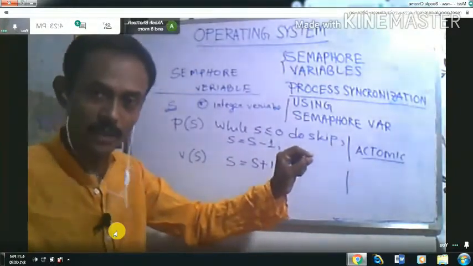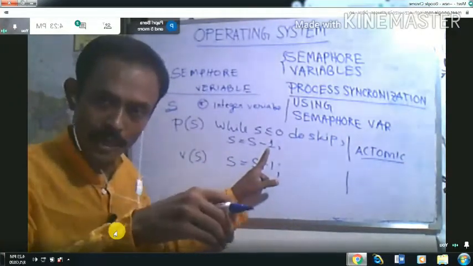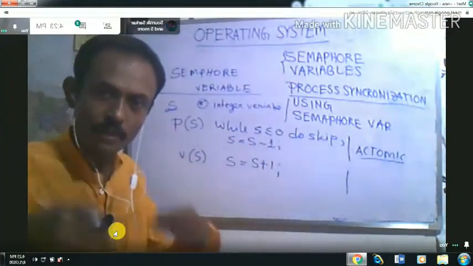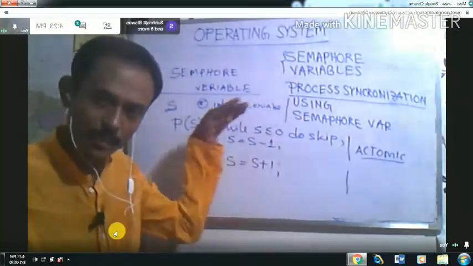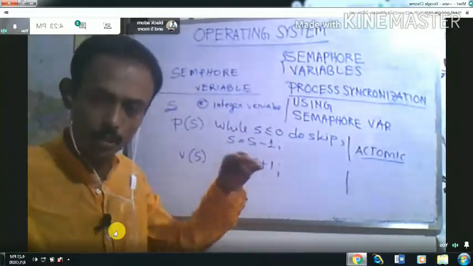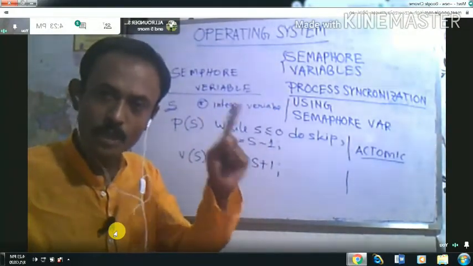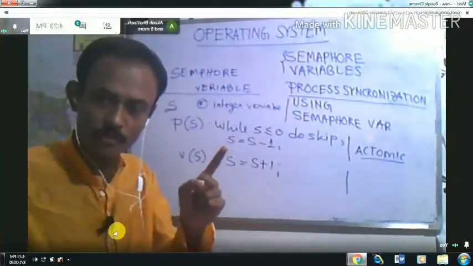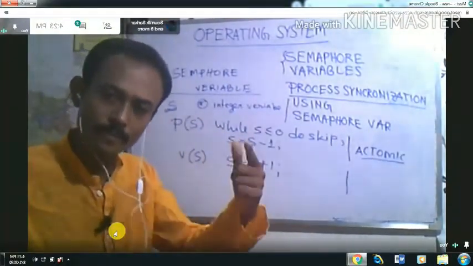Suppose this while loop and this statement: in the high level they only have two statements, but if we go into the assembly level, then when the register operations are done, you can write so many statements for these two lines. Regarding how the critical section started: we first saw the producer consumer problem, and from it we saw count equals count plus 1, count equals count minus 1. From that topic the critical section comes.